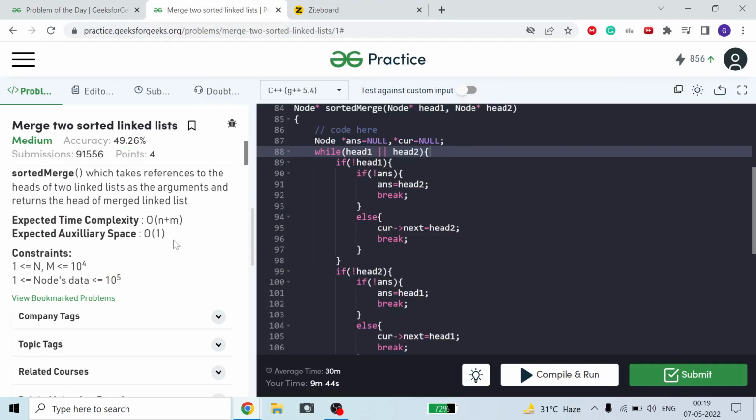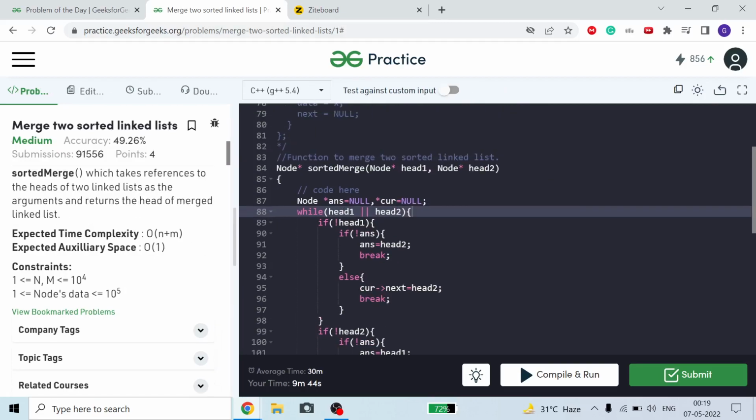Okay, so you can see I am given the nodes head 1 and head 2. I need to return the head of my sorted linked list, the merged sorted linked list. So I have taken two variables, answer is the head node and current node, in which I have to do operations. Initialize both with null, till my head 1 or head 2, meaning there is one linked list which is not null, meaning which has not ended yet. What I will do, I will explain